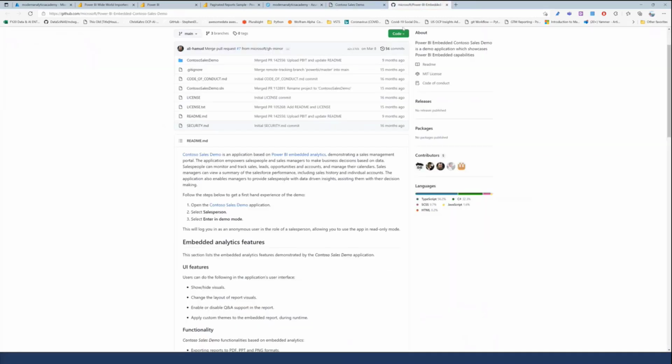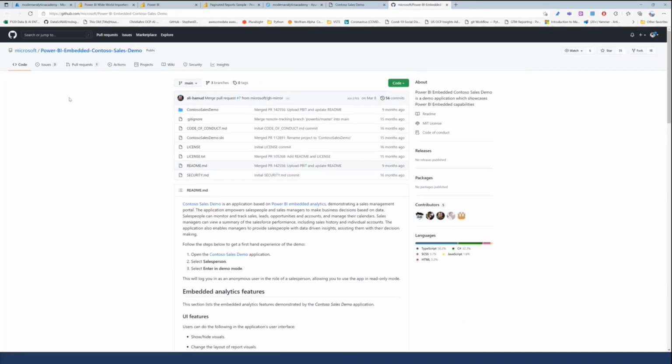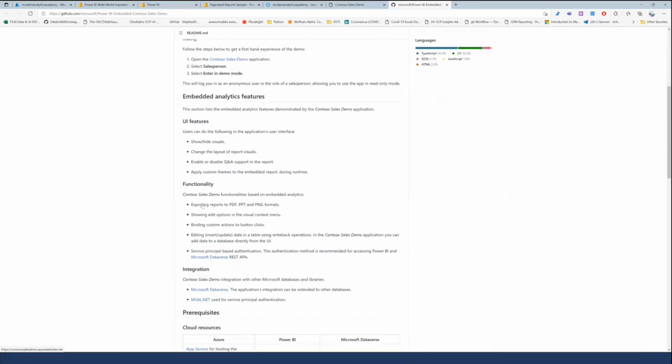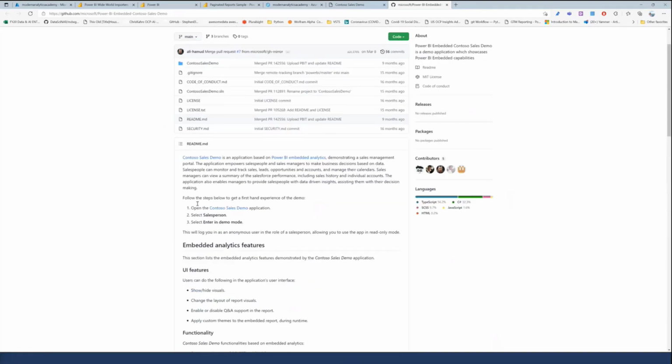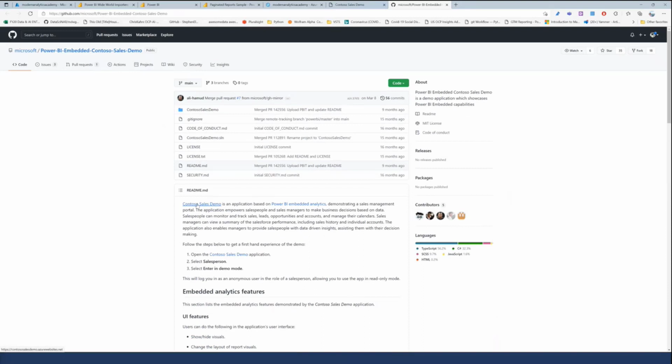One of the things I would suggest is to go into our GitHub repo that sits out there. You can see this Contoso sales demo. It's a public repo. It takes you to this link I just showed you, and also contains a lot of the content that is out there and some of the architecture diagrams to get started. There's also a developer sample version that does this in Python and C# and Node if you want to use it in other code sets for the future. So let me jump back into the last part of the presentation